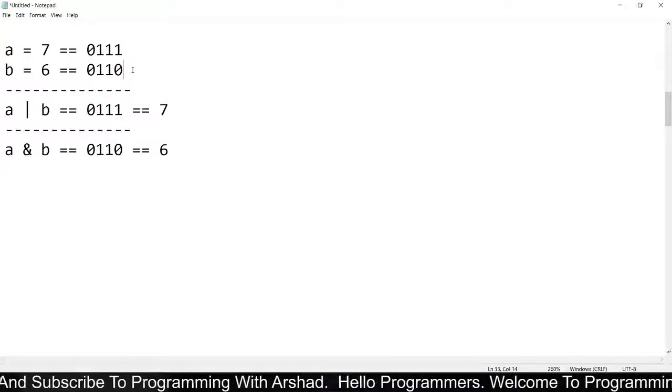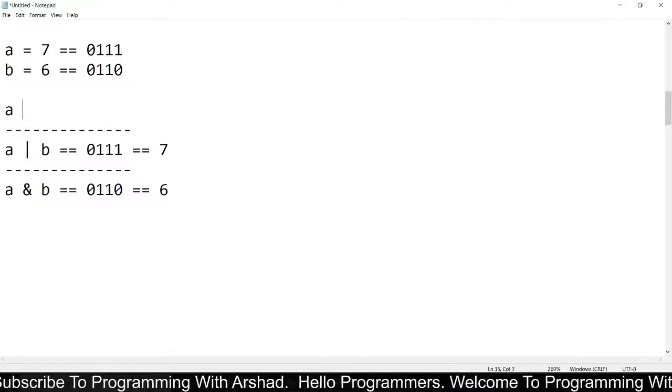Now we will see what is bitwise NOT operation. If I say A,